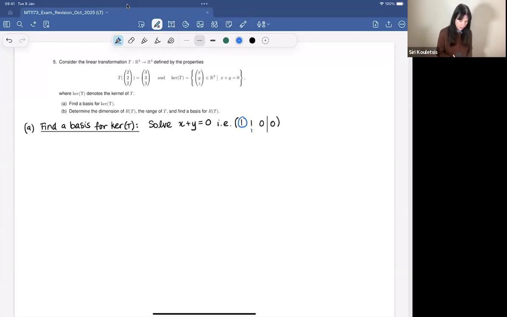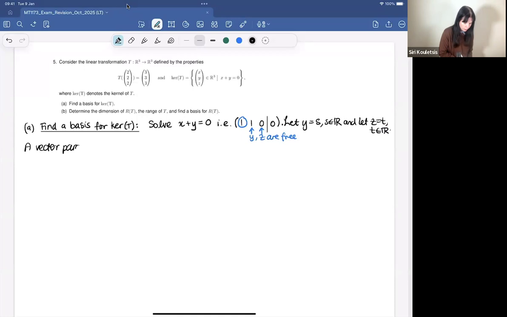We treat y and z as free, since the leading variable here is x. So let y equal s, where s is any number, and let z equal t, where t is any real number. Then a vector parametric description for the kernel of T is